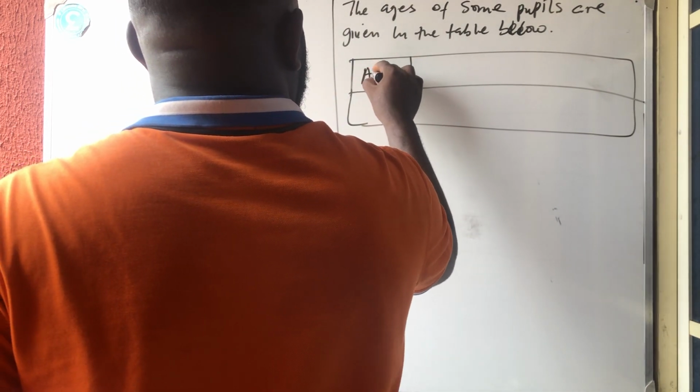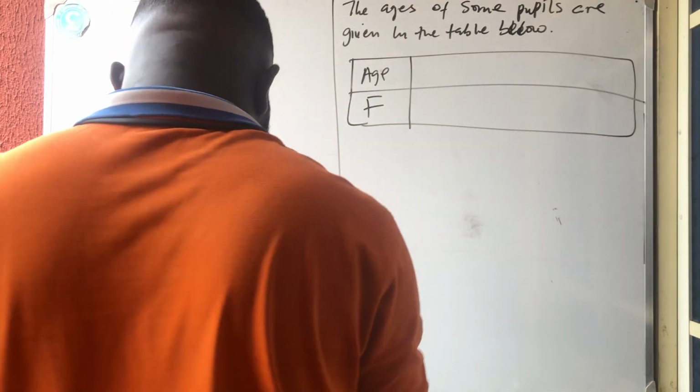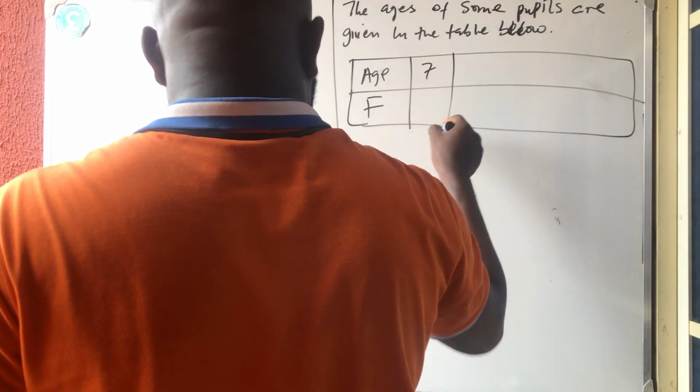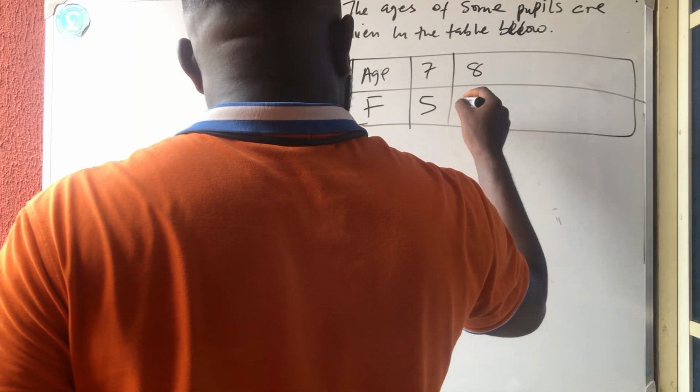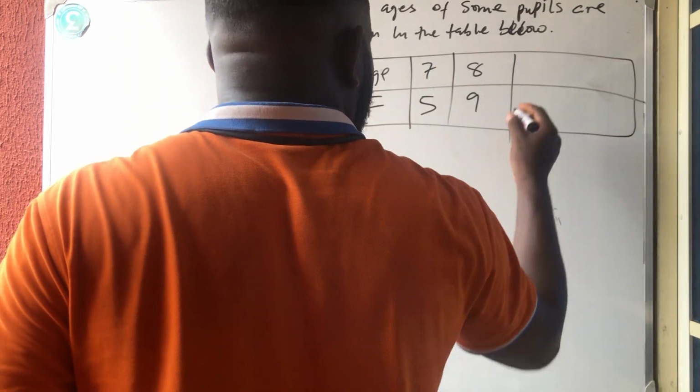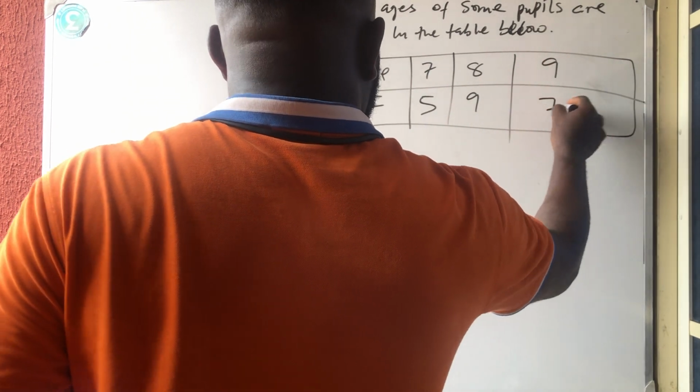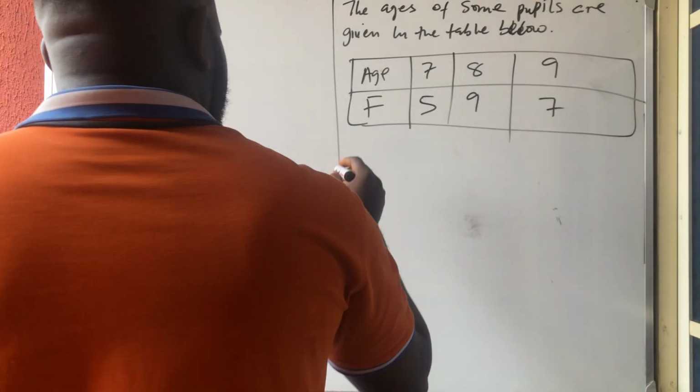This is ages and the frequency. 7: 5 people are 7 years. 8: 9 people are 8 years. 9: 7 people are 9 years. They say, what is the probability